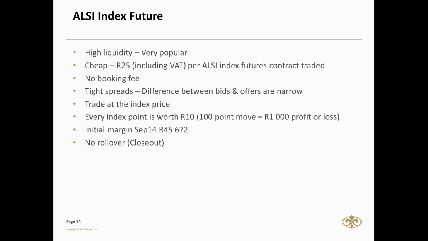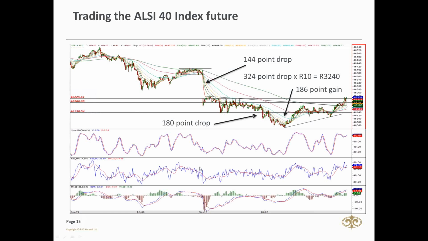Okay, so just want to show you on the next slide. This happened a few days ago, on the 10th of September. This is an intraday chart. This is what they call a 3-minute chart. You can see the previous day how the market closed. Below is moving averages, a whole range of moving averages. But the market opened with a gap down. And that gap was 144 points.